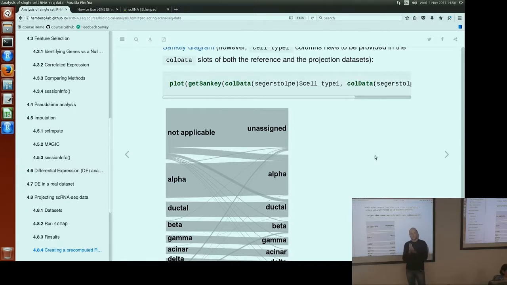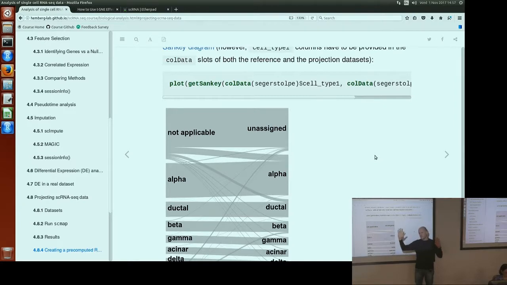So again, here we have two data sets, right? Imagine that we know cell types only in one of the data sets, this one, and we don't know the cell types here, right? We take every cell of this data set and project it to the cell types of the second data set. And then if it's similar to one of the cell types, we assign this cell type to this cell. So basically we label all the cells in this new experiment, right? Once we label them,